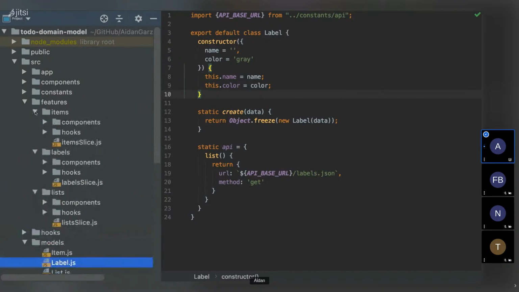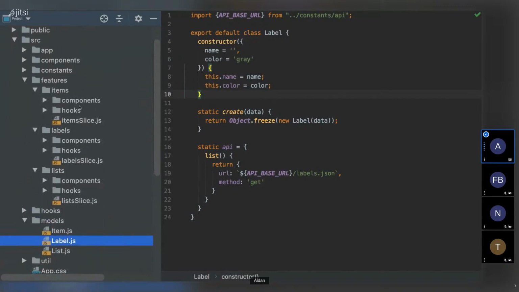And when we look within these directories, everything has consistent naming. There's a store, a Redux Toolkit slice here called list slice for lists, and label slice for labels, and item slice for items. And I know exactly what that's talking about. And if you're not familiar with Redux Toolkit, I highly recommend that you check it out. It's an amazing library that's very well maintained, and definitely makes working with reducers of any kind, Redux for Redux purposes, or context and provider relationships, fantastic. Definitely check it out.